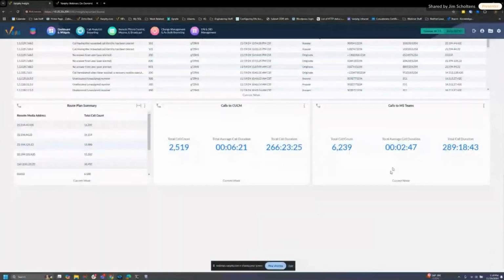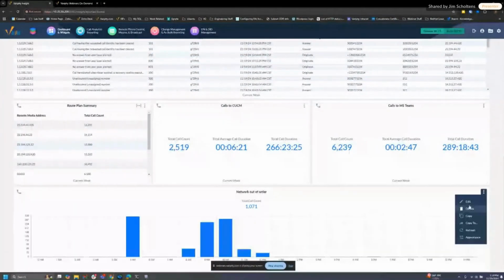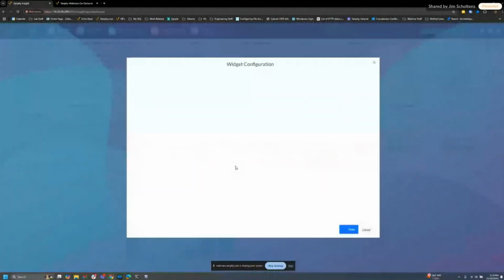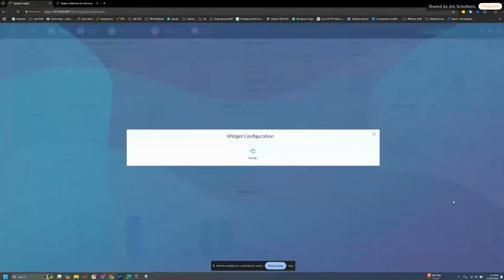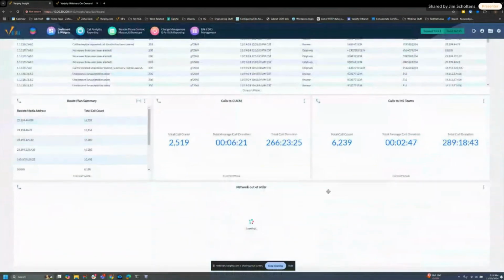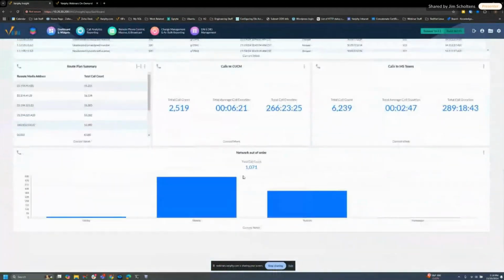It should load up here. Then we're going to edit this one so we don't touch our original one. And we're going to change this to either date or day of week. I'm just going to choose day of week to show you what that's going to look like. It looks like Monday's my trouble day so far. Like I said, this is just the current week, so we could have trouble later on, but this is where I want to focus my